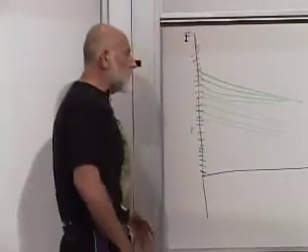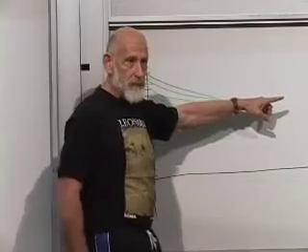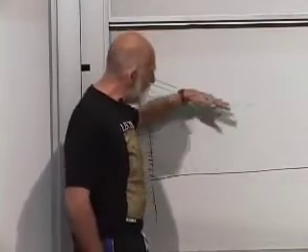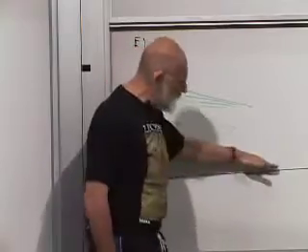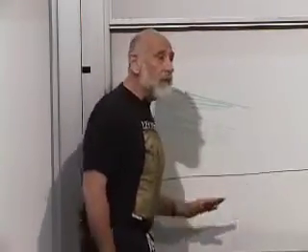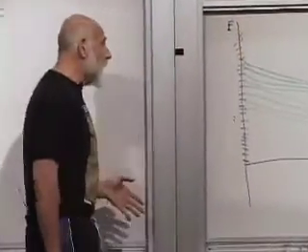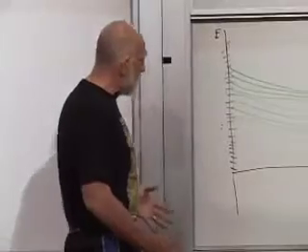The energy levels don't disappear, and number two, they don't cross each other. They don't cross and they don't disappear. They stay in the same order. So the lowest energy level stays lowest, the next one stays second lowest, and so forth. That is a property of both quantum mechanics, and there's an analog of it in classical mechanics.